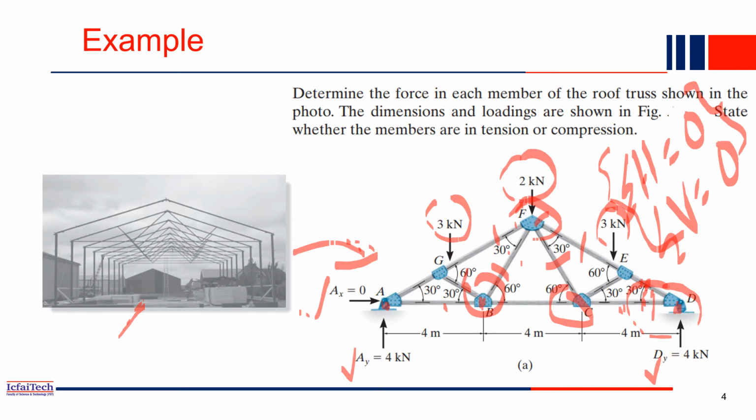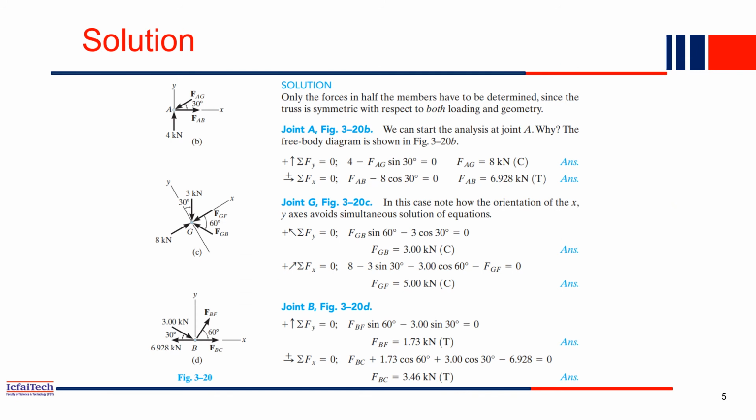Similarly, if you take this joint as the first joint, here also two unknowns are there, this unknown and this bar's unknown. So you can start with either this joint or this joint. We have considered our first joint, joint A. For joint A, we use summation of all horizontal forces equal to 0, and summation of all vertical forces equal to 0. These two equations we use for the first joint, and then we compute.